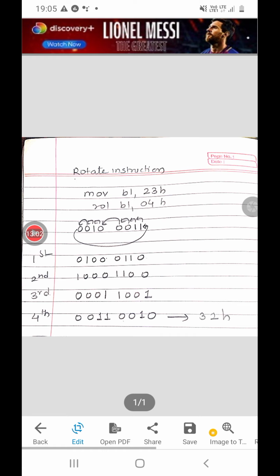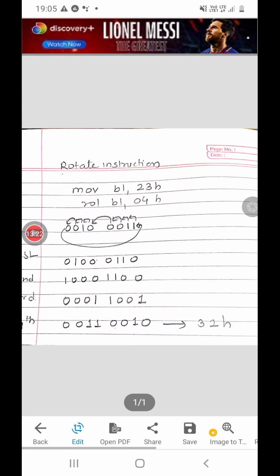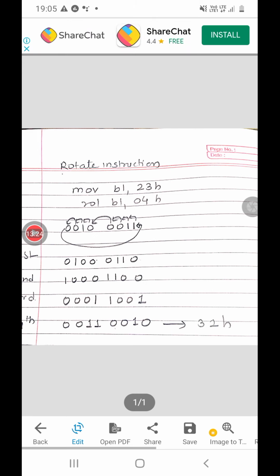Now from 32H I have to separate the 2. How can I separate 2 from 32H? I will AND 32H with 0FH. After ROL BL, 04, you will get the value 32H in BL, so I will write the instruction AND BL, 0FH.